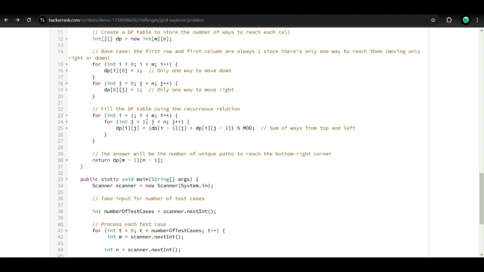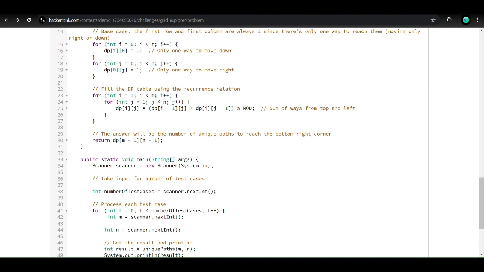Now, since this is done, we will use a for loop i which will start from 1 till m, i plus plus, and for loop j equal to 1, j less than n, j plus plus. We have seen that the number of ways to reach any grid is from the top and the left.